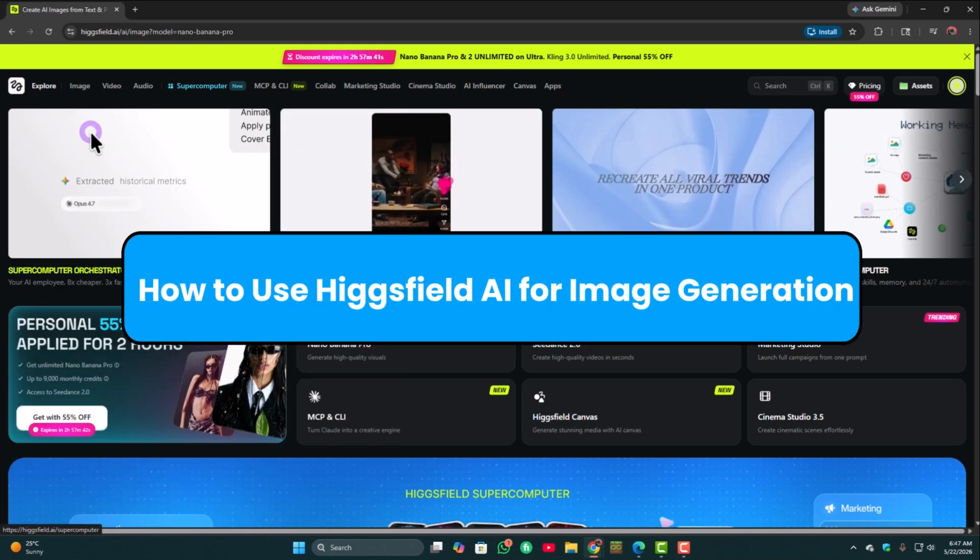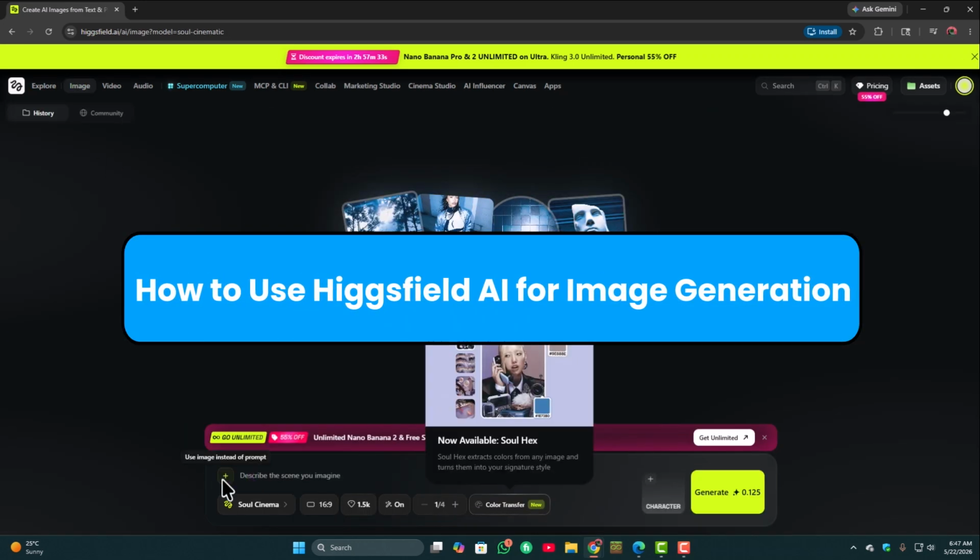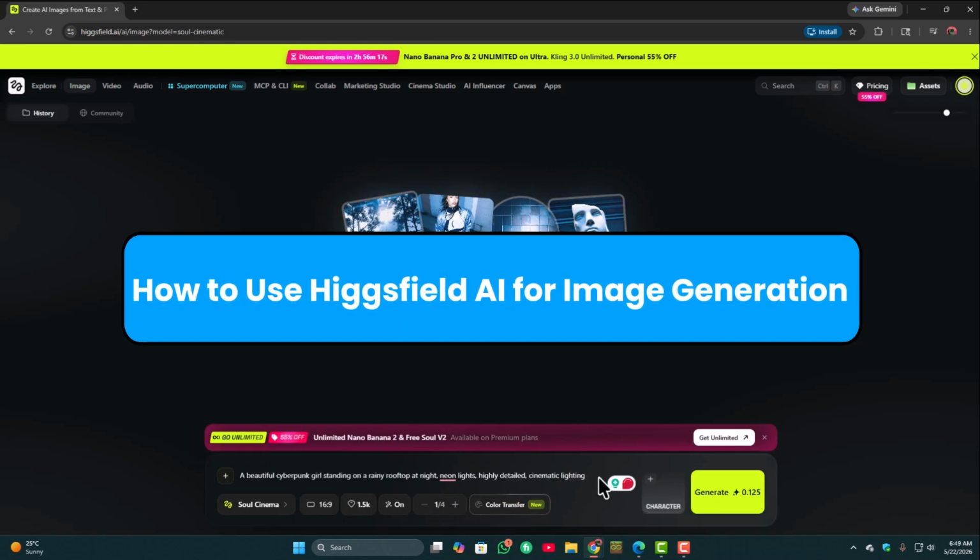Hello everyone, in this video I will show you how to use Higgsfield AI for image generation with a step-by-step